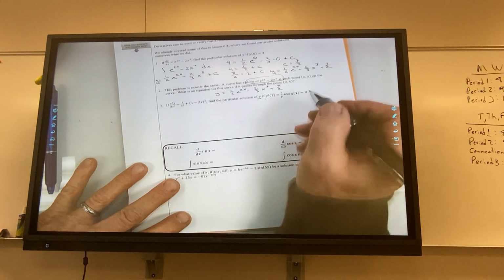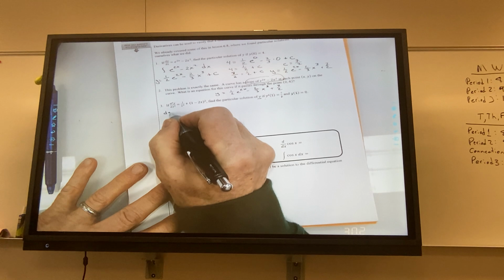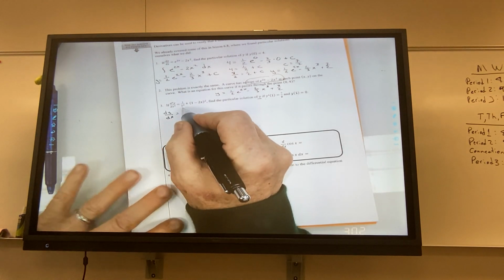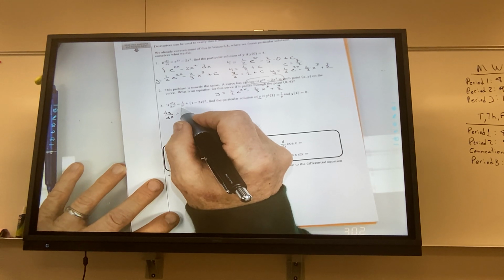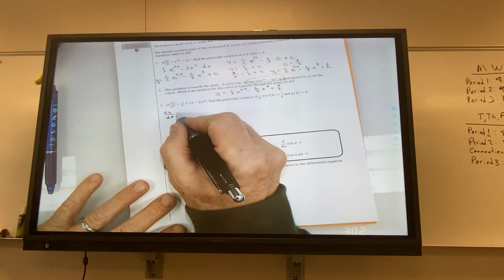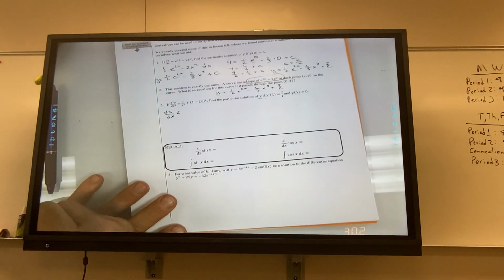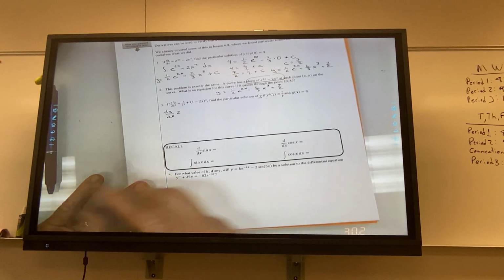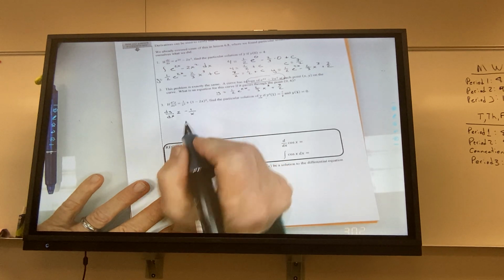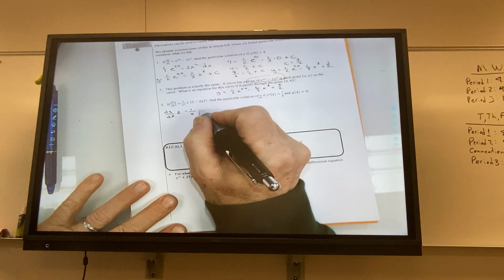Okay? So to get to dy/dx, the first derivative, I have to find the antiderivative of this. Would you agree? What's the antiderivative of 1 over x squared? I can give you a hint if you want. Would it just be a negative 1 over x? It's exactly correct, because that's x to the minus 1, all right? Plus,